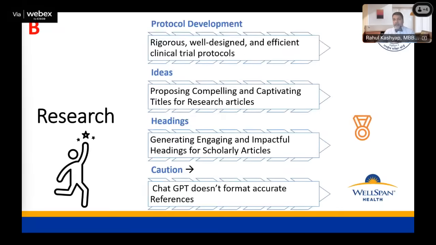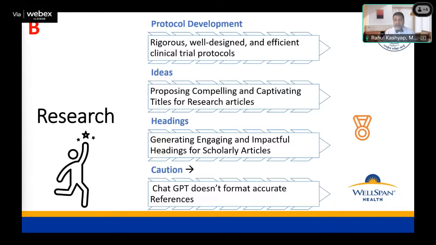Now, third, another point is about research, and that is something I'm very biased about. My career is involved in medical research, and I teach that too. As of today, or in the last couple of years, AI has been heavily used for developing protocols. These are research protocols for clinical trials or drug trials, or even your randomized control trial, which you initiate in